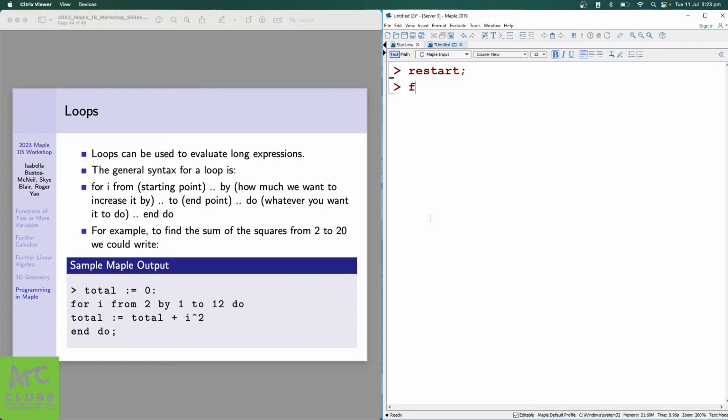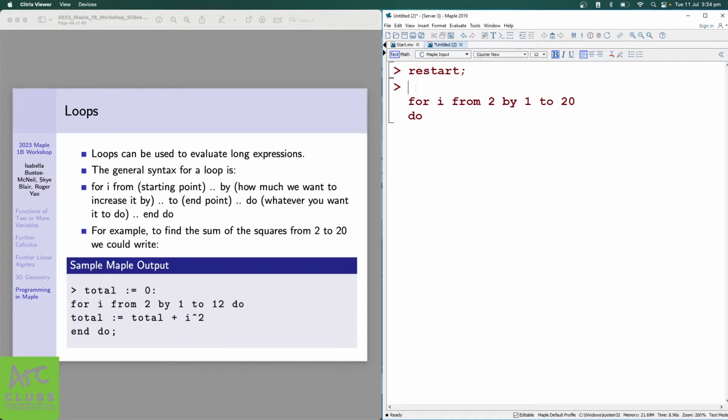So we start off by giving Maple our starting point. So for i from, we want to start at 2. Then we need to tell Maple how much we want to increment it by. We want to find 2 squared plus 3 squared, so we want to move up by 1 each time. So for i from 2, by 1, and then we need to tell Maple when to stop. To 20, we want to do,